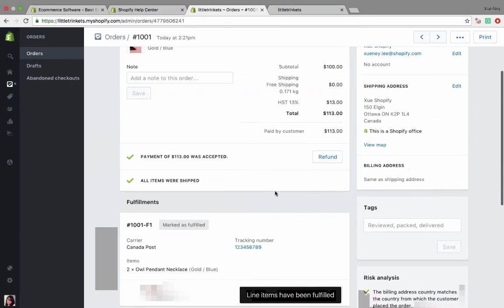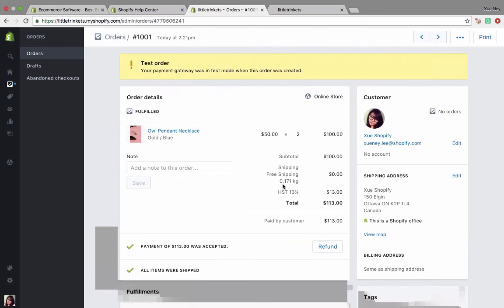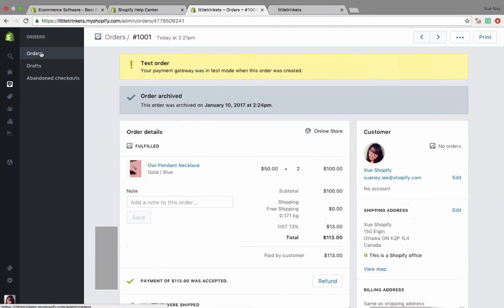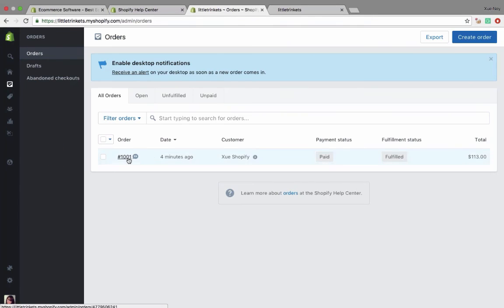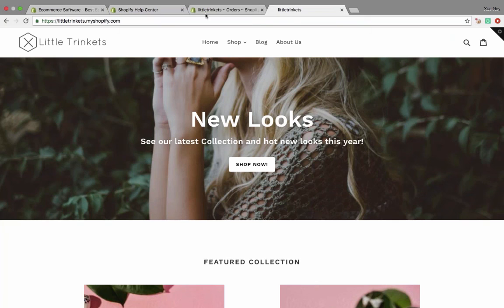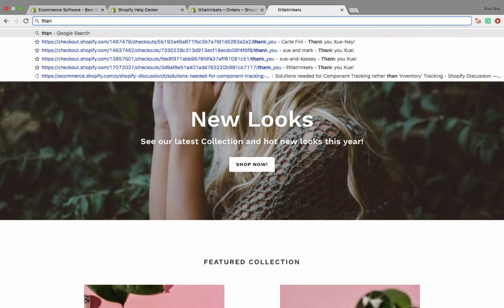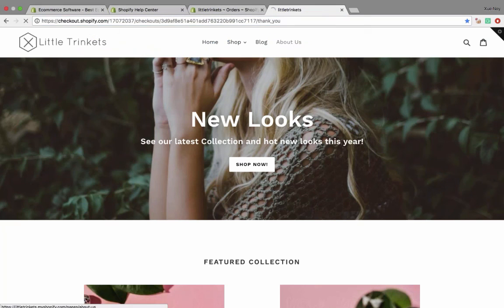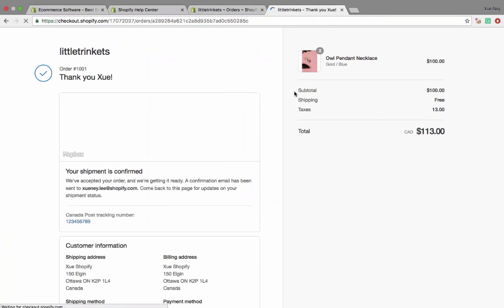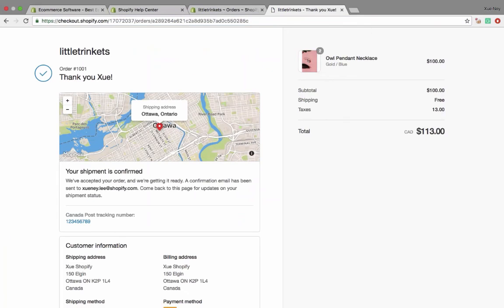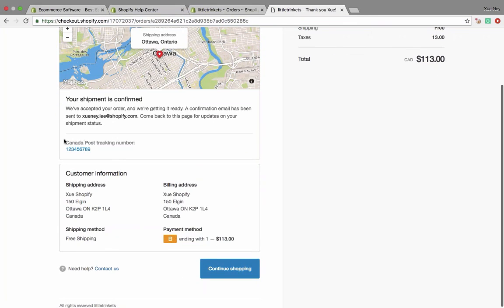And now it's been fulfilled. So now that it's been marked fulfilled, I can archive this order, and it puts it out of my mind. So if I go back to the orders page, this order is no longer blue. It's a gray link. And for the customer, oh, I didn't save it. For the customer, see if I can do that. Little trinkets, thank you page. There we go. So for the customer, if they refresh their page, they'll see the Canada Post tracking number